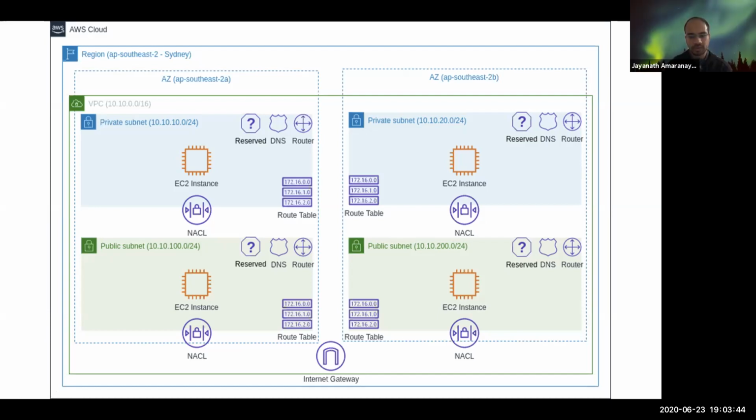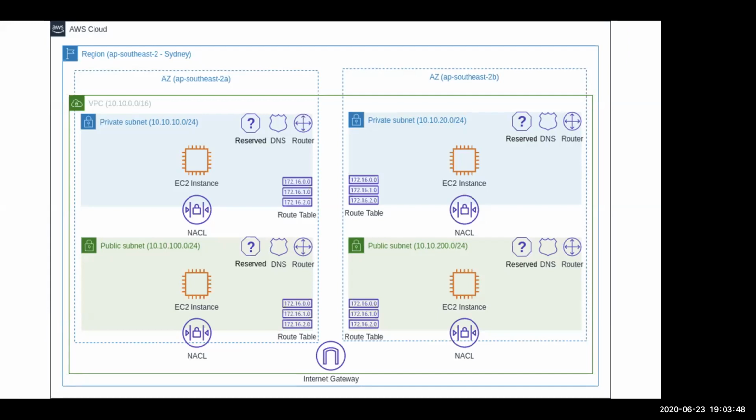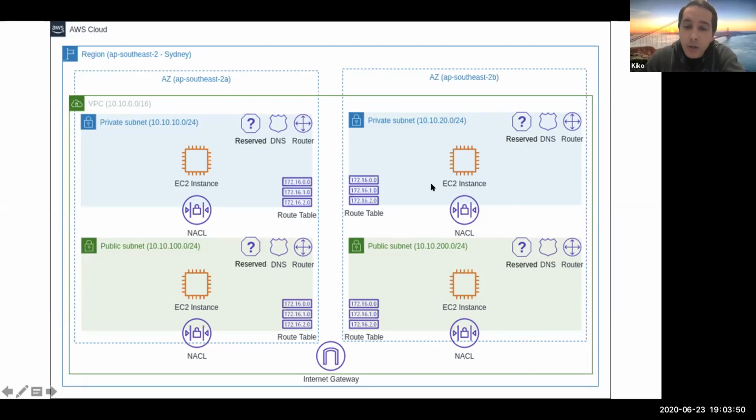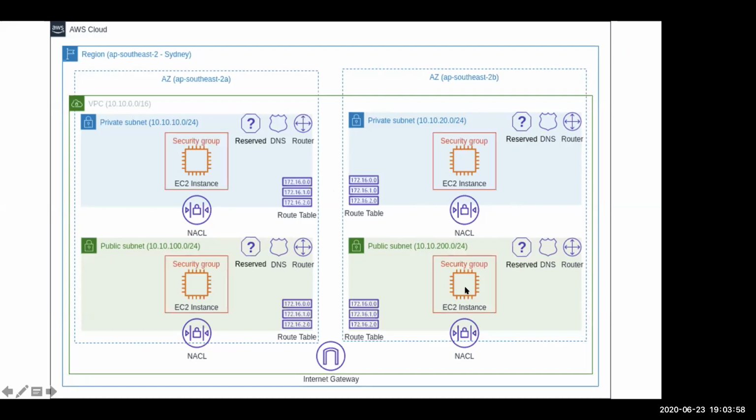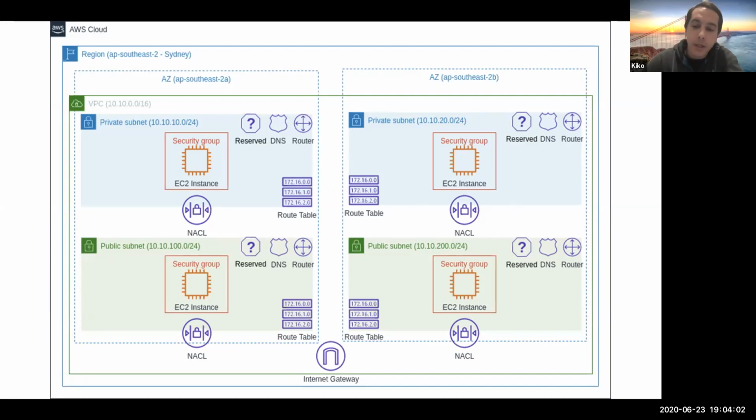So is there the NAT gateway? The NAT gateway will be for those instances in private, but even the public ones have the security group. Ah, security groups. Yeah, security groups. The security group,